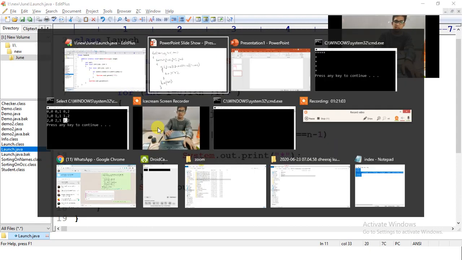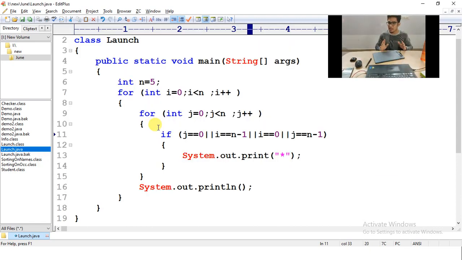I have told you something very clearly, right? In today's class I have told you, your cursor will go front or to the new line only if you print something. If you print something, then only the cursor can move to the right, or else your cursor will never move to the right. When you print something, it prints and the cursor moves to the right. Again, if you print there, it prints there, and the cursor moves to the right. It will keep on happening.